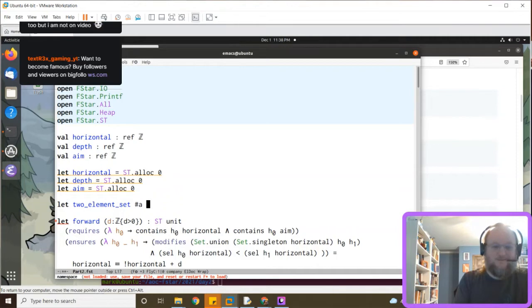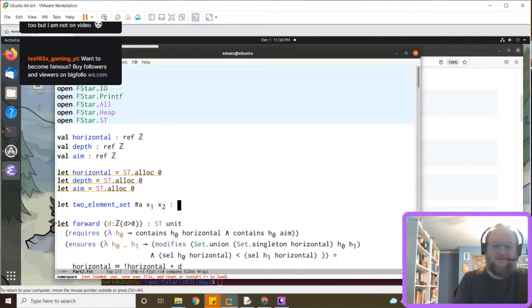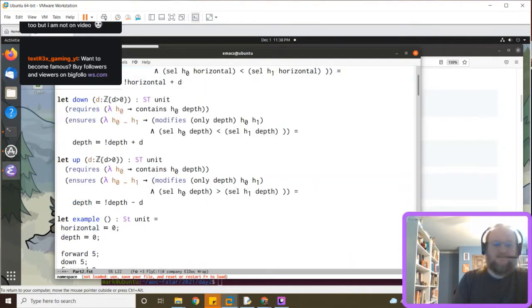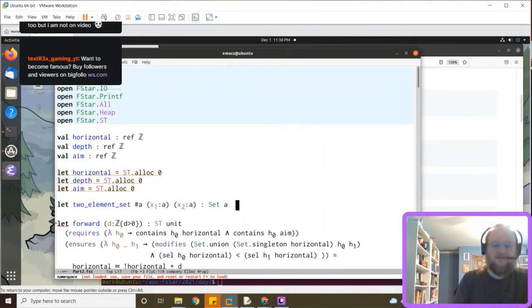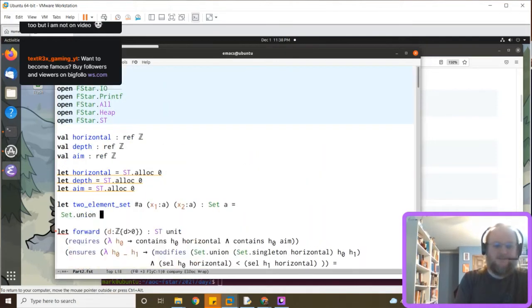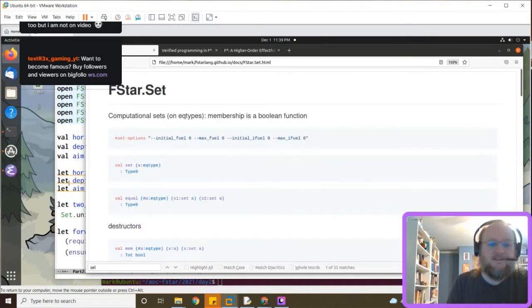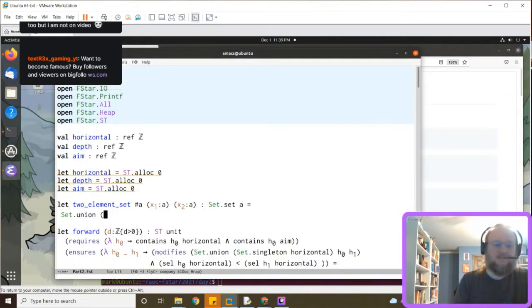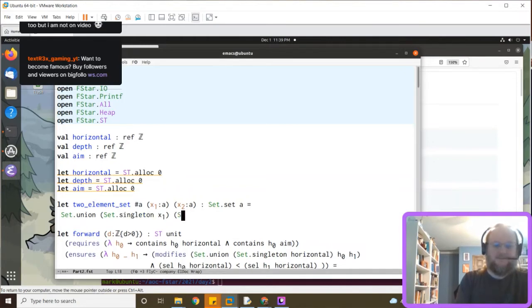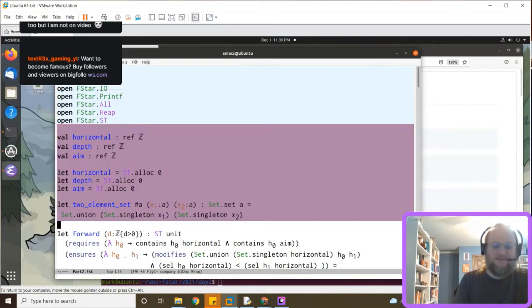On x2, and we get a set of type A, equals set dot union set dot singleton x1, set dot singleton x2. That way I don't have to figure out what the